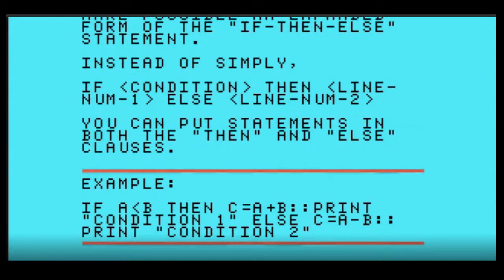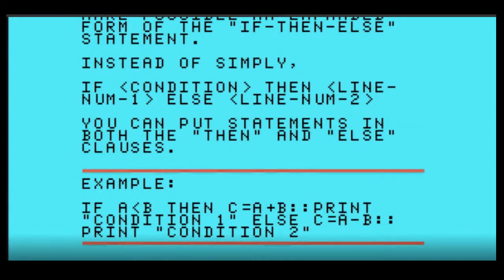Instead of simply if condition, then line number 1, else line number 2, you can put statements in both the then and else clauses. Example, if A is less than B, then C equals A plus B, print condition 1, else C equals A minus B, print condition 2. Okay, so this looks like a good program for teaching